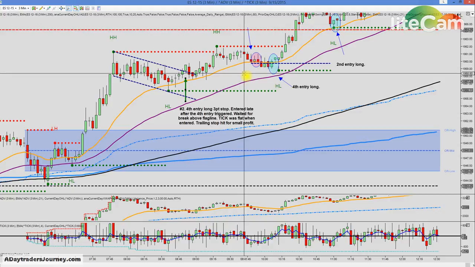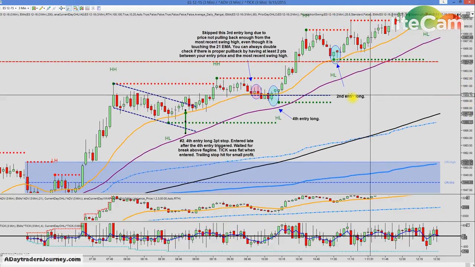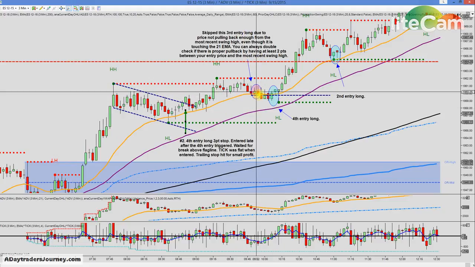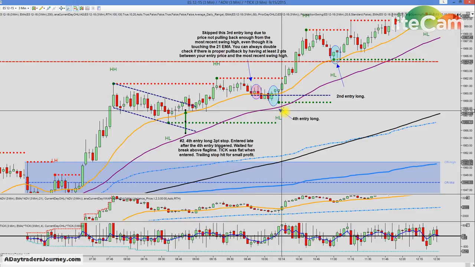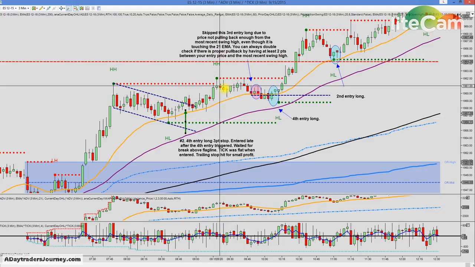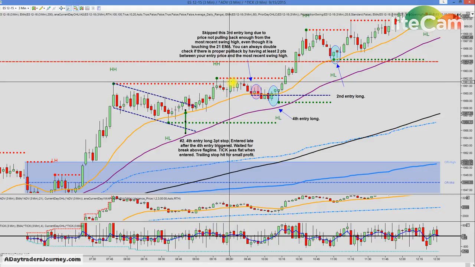After that, there were 3 other possible trades that happened, and I described them here. The red circles are trades that would have been stopped out for a loss. Blue circles are trades that would have worked out for a profit. So after I got taken out here on this trailing stop, which would have been right about here,